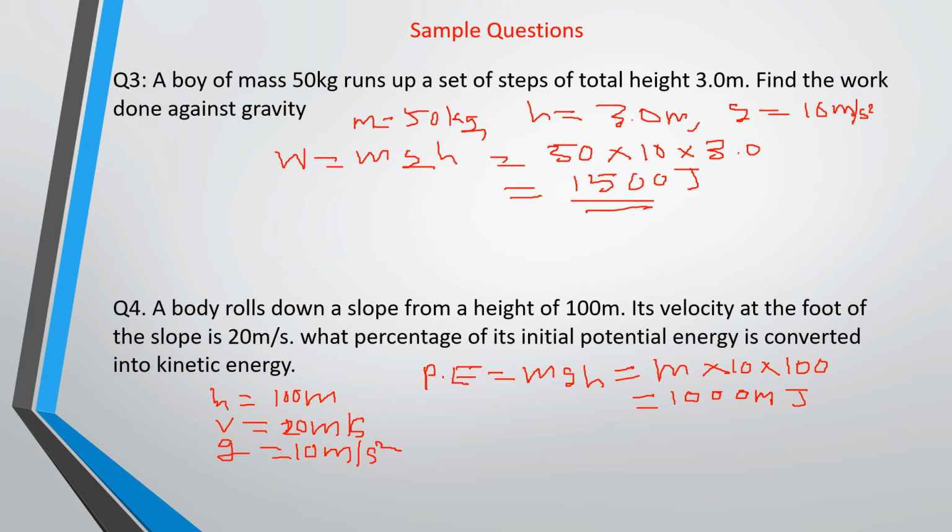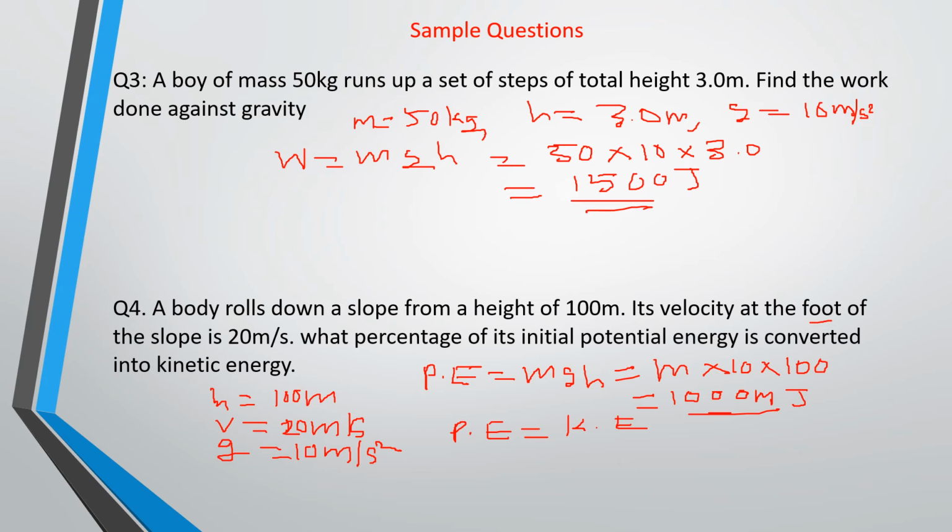1000 joule. Now this energy is what is converted to kinetic energy at the foot of the slope. So we can write that potential energy is equal to kinetic energy. All right, now the kinetic energy